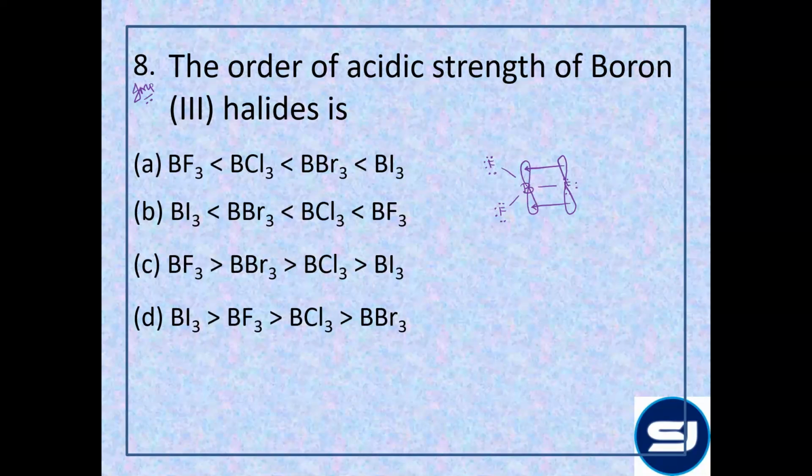अब यहाँ पर because boron and fluorine are both placed in the second period, the p pi back bonding is very efficient, and that is the reason boron here becomes less electron deficient. And अगर वो less electron deficient है, तो its tendency to accept an electron pair or its tendency to act as a Lewis acid would be lesser. That is why BF3 सबसे वीक एसिड है, वीक ल्यूइस एसिड है बोरॉन के हैलाइड्स में।